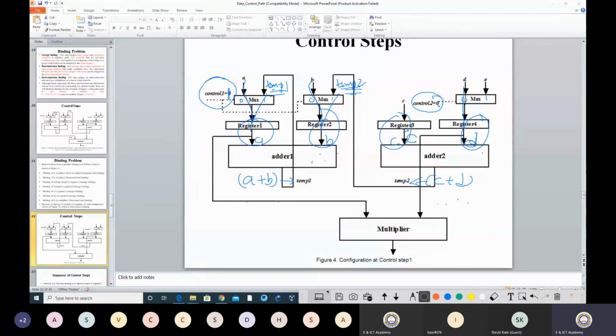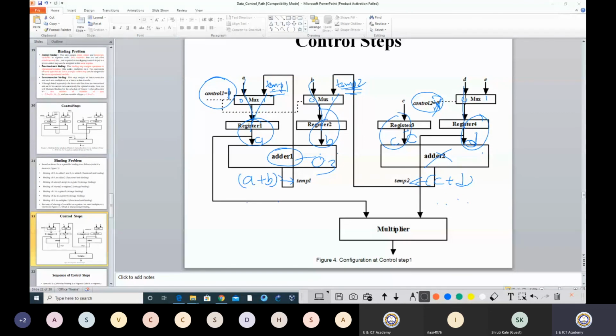Then probably I can put an X over here. So there will be nothing happening over here, because currently I do not want to use this adder. Because only this adder will help to go for a O3. Here I don't want to do anything.